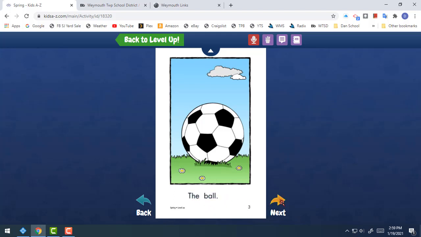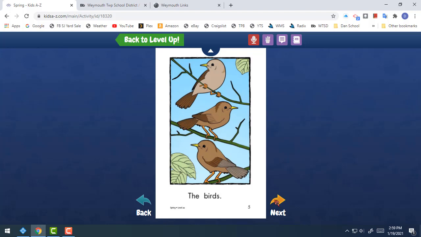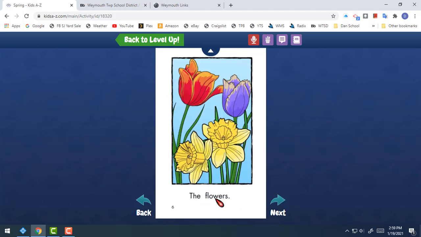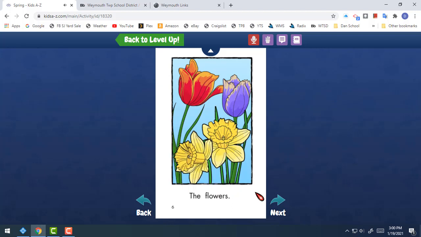It says the ball. But if I ever got to a point where there was a word I was not sure of, like let's say it gets to this word, the birds, what are these things? Well, I would use my picture clues. I would use strategies like sounding it out, chunking it out, looking at the letters and letter blends and vowel sounds. But if I really wasn't sure, I could give it a click. I could then click on Hear Word, flowers, and I talked over it, but flowers,